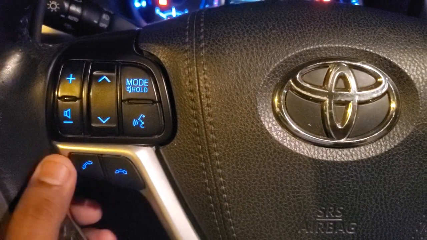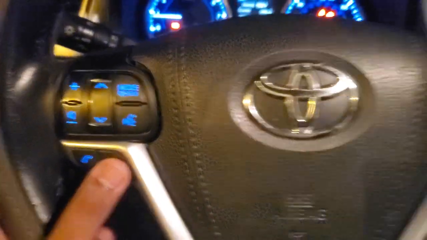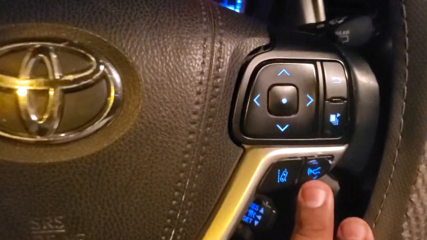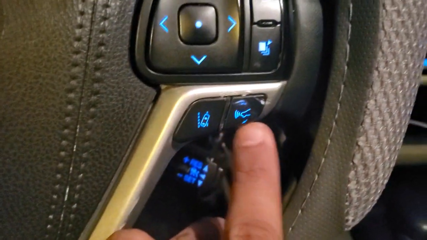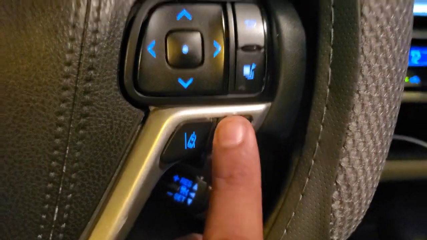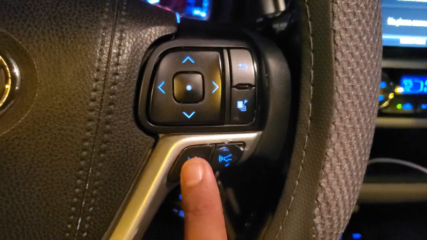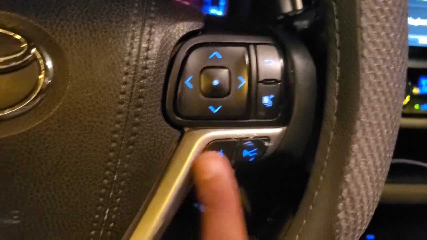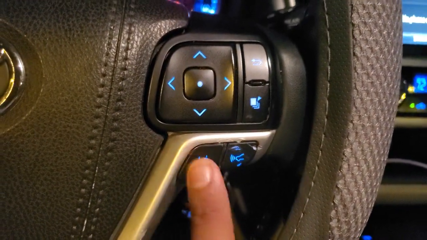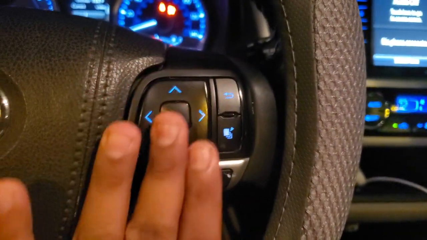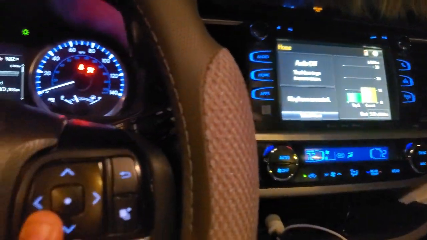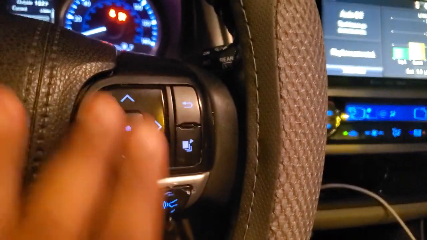And this is for picking up a call, and this is for ending the call. And then we have here the radar option, radar sensitivity, and then we have LDM, lane departure management, and these are the arrows to control any option inside this screen from here.